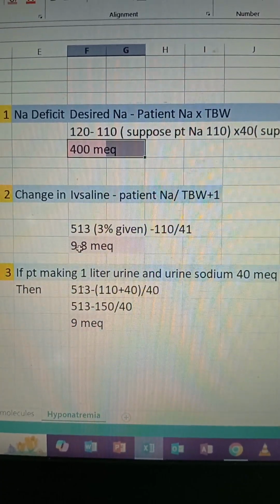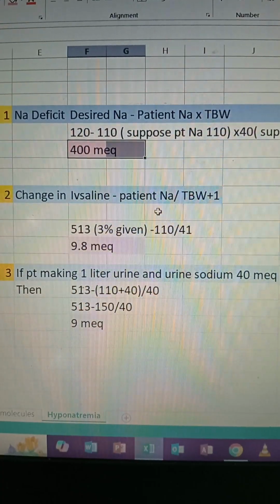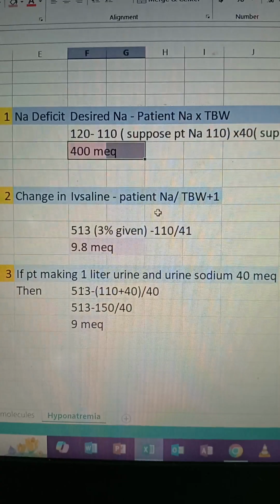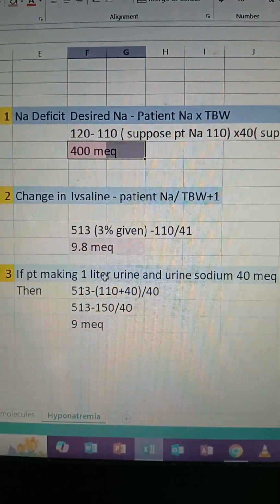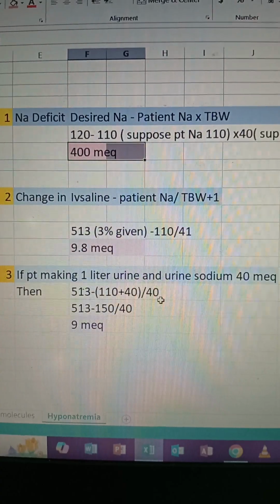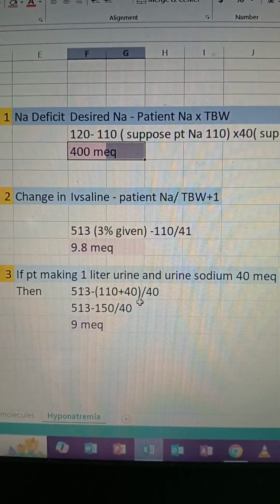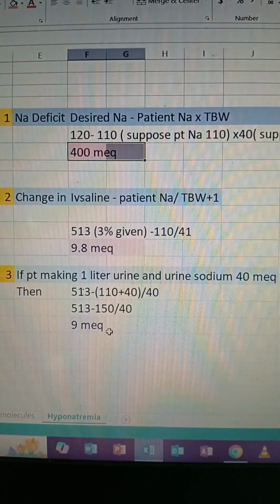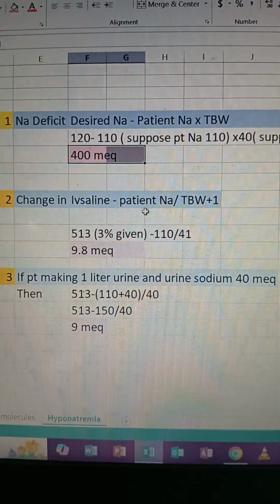The 9.8 was a bit raised because we took the example where no sodium was coming out in urine. But usually the patient makes some urine and excretes some sodium from the body, so that has to be added in. So in this way we can calculate the change in sodium,